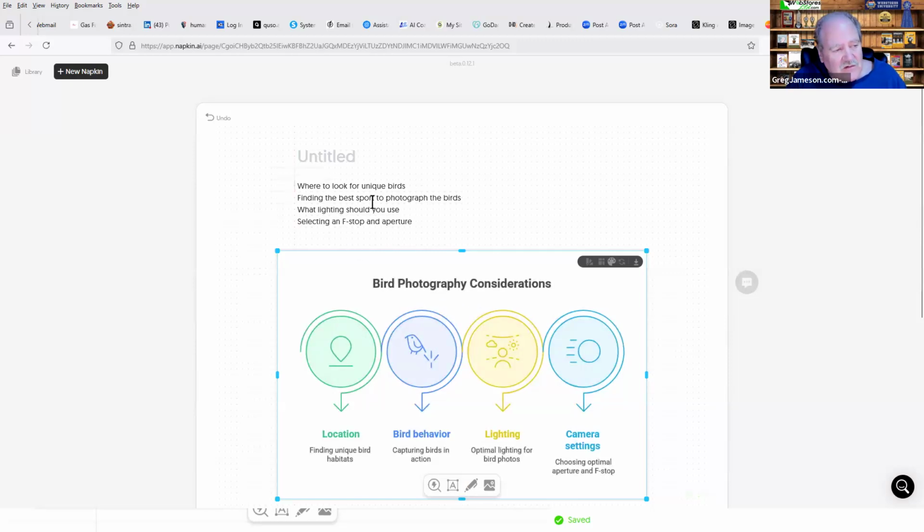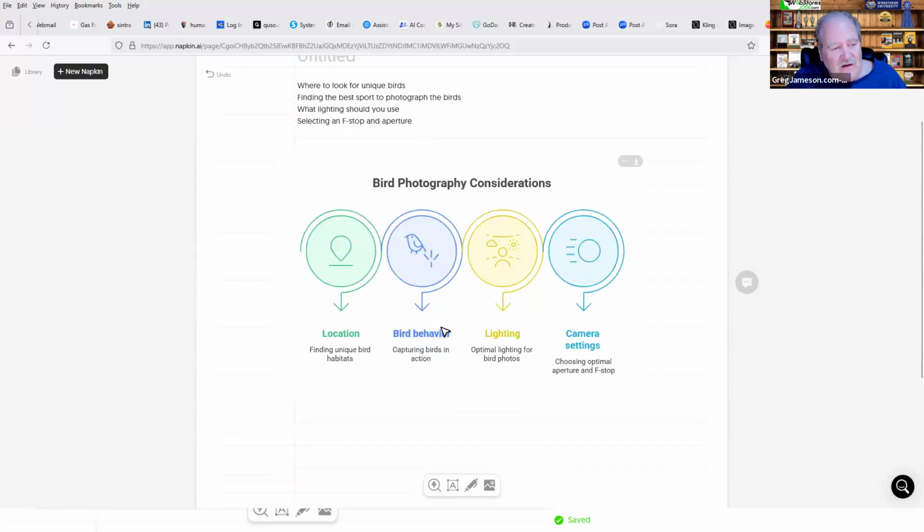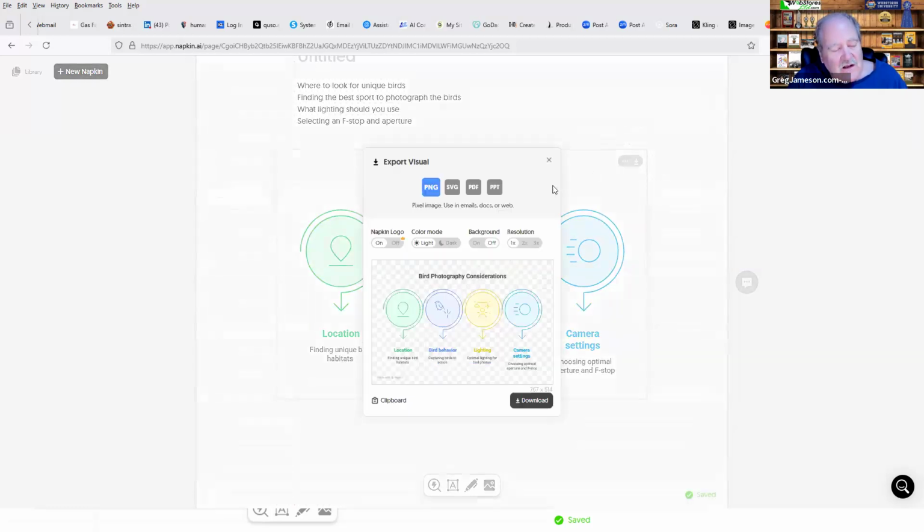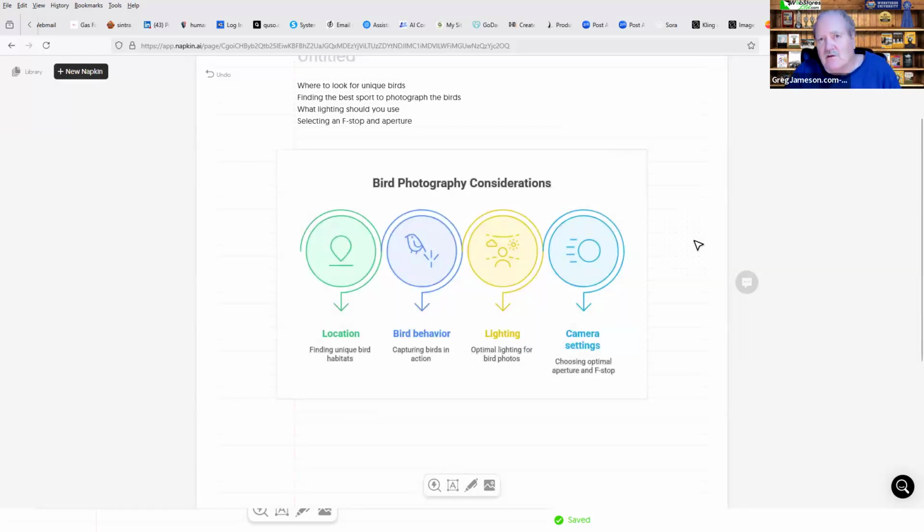So you start with your own notes. It generates the graphic based upon the notes that you put in. Maybe you don't like the graphic, you can change that out. Maybe you don't like the text, you can change that out. You can change out the text for the title, whatever. If you do like everything, the arrow in the upper right says export, and you can export this out as a PNG file, download it, and put it right into your online course or presentation.